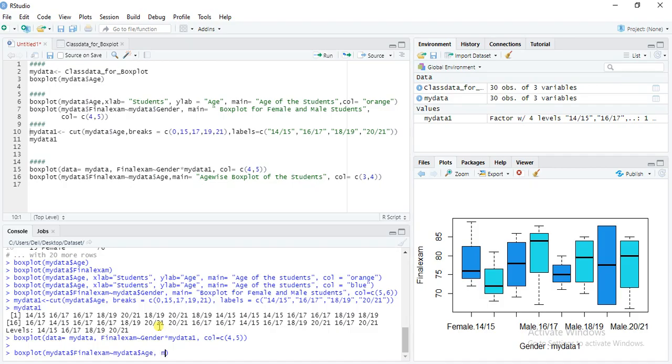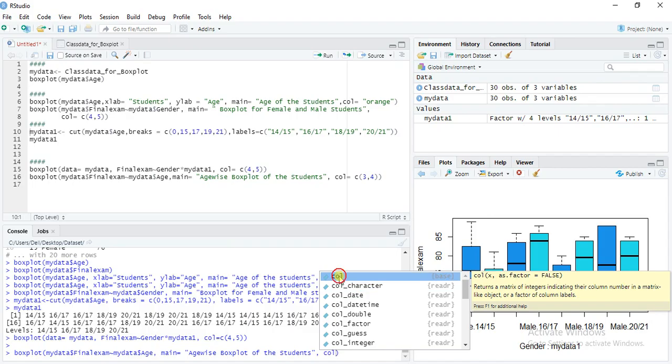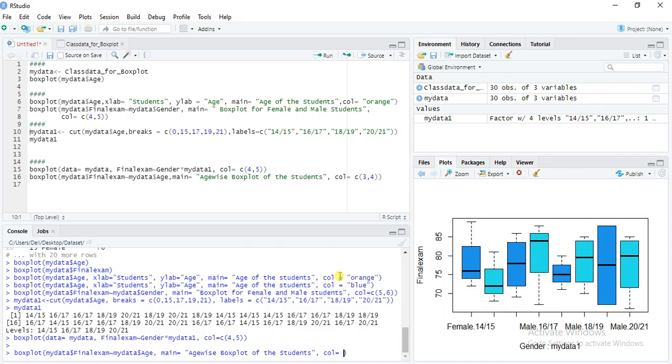Heading, title of the graph: main equal to, here I am giving the title of the graph, age wise boxplot of the students. Color, we can give the color, col equal to 7, 8.